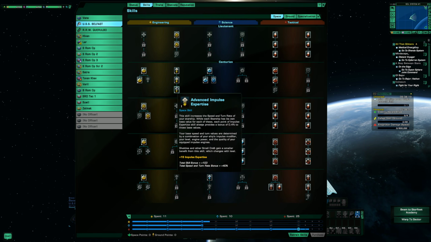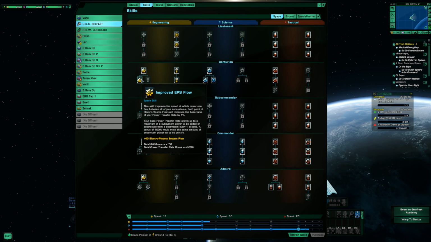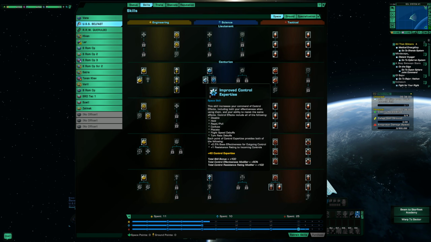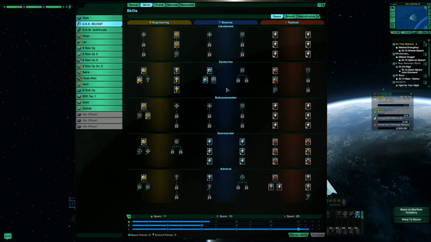Again, I like to go fast, so we have everything in engines. Power transfer is huge. You need to be able to have that available to you. So again, similar to our catch-all. So on the science side of things, what's changed is we went full on our control expertise. We took the improved control expertise, and we also took the control amplification. So these are going to be this and this are going to be your main items for your science and